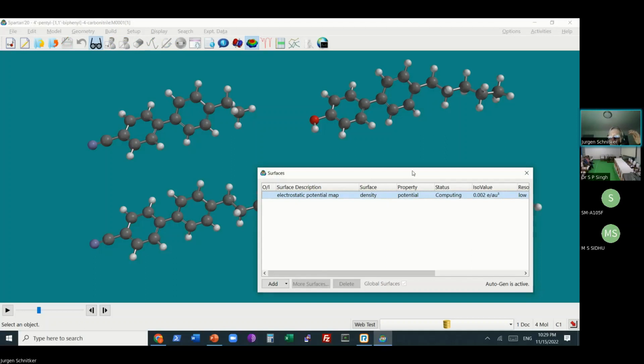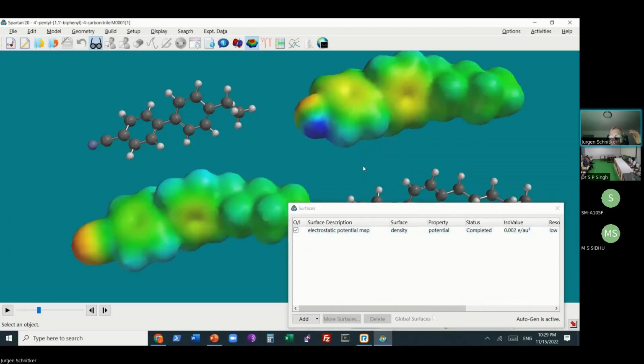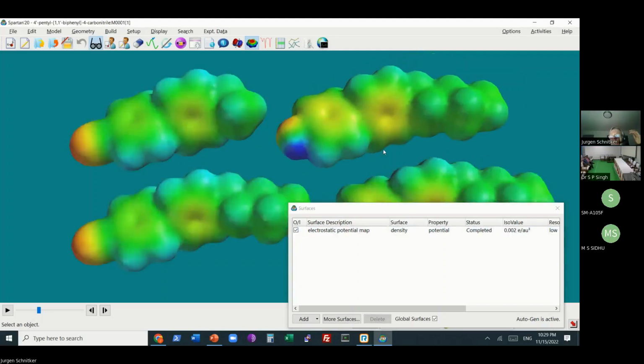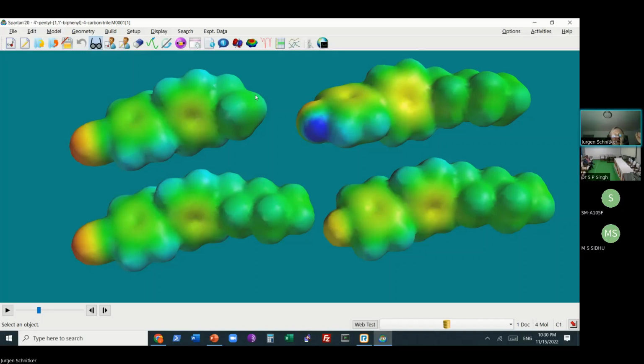It did not immediately calculate it again because I had removed them from the list. So here are the two for these, and here are the other two. That was 4 different surfaces, all done by just including the global check mark in the dialog that I had to go through in order to get the data. This provides you with an idea of how you operate with the program.